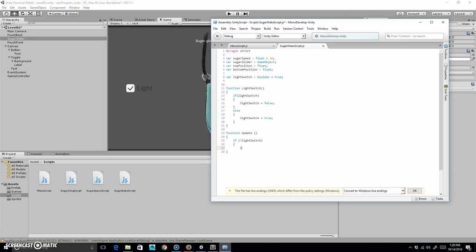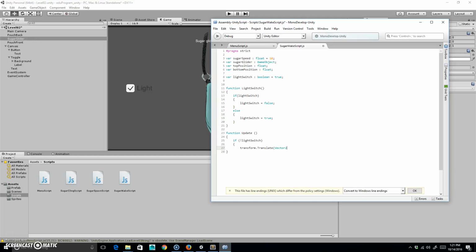If the light switch is off, we'll do it like this. I'm going to transform dot translate,